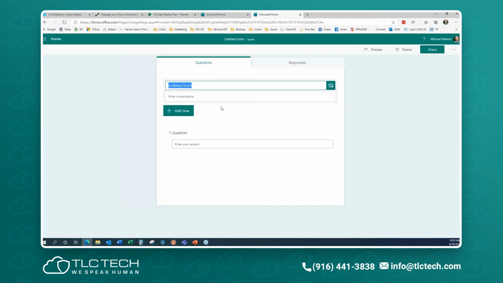The only other way that I could think of is if you wanted to build a little splash screen on your website, you could do that and then do a hyperlink into this form. That would be another way to do it. If you're doing this internally, you could do that on your SharePoint website and then embed the form that way as well. I hope that answers it, but we will see. Okay, and if not, pop in more questions.